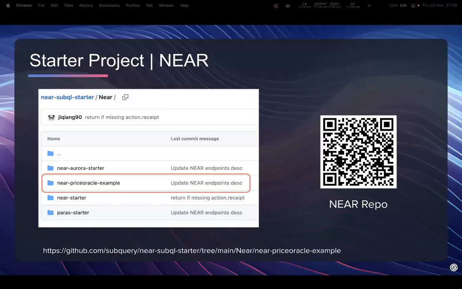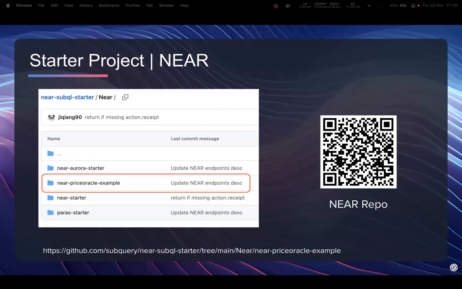Okay, so that was a very quick overview. Let's now jump into the Near starter project. And this QR code, if you want, I'll put the link into the chat for reference.